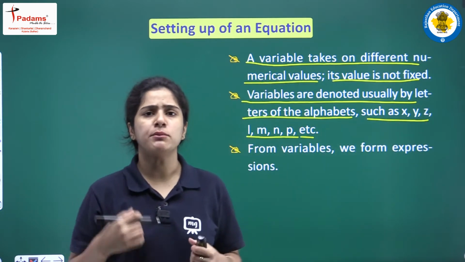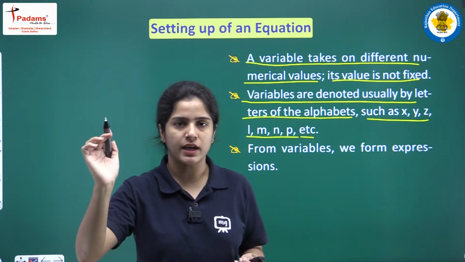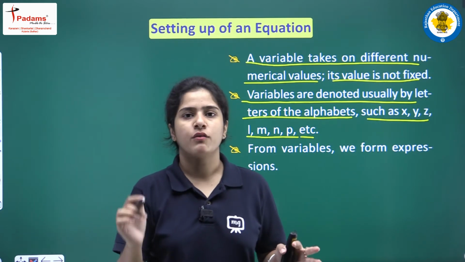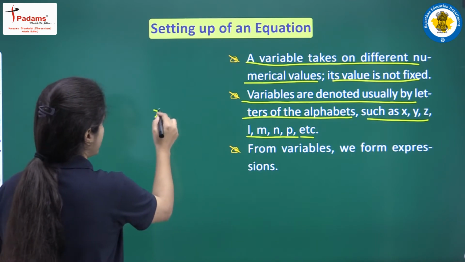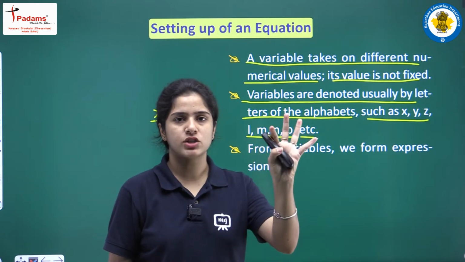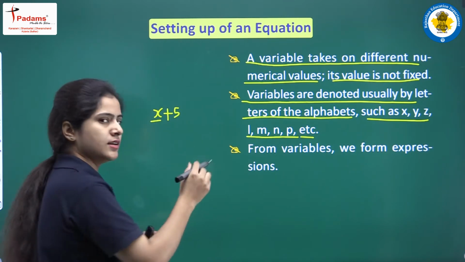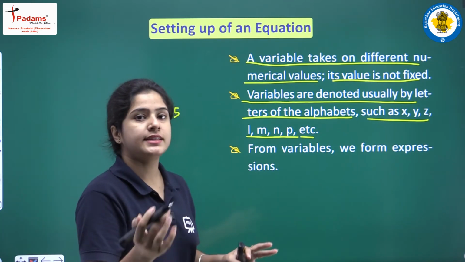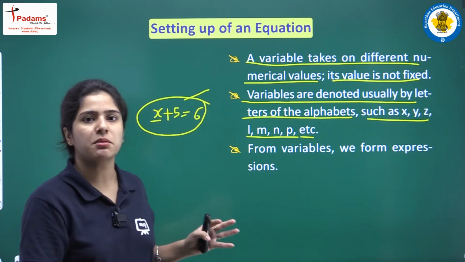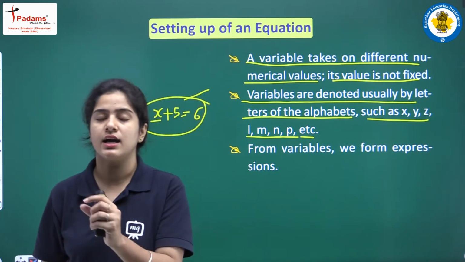Alright, students, when I'm talking about the variable, for example, think of a number in your mind. Okay, you can think 1, you can think 2, 3, 4 and so many numbers. Suppose you have thought of x number, and now I'm telling you, students, whatever number you have just imagined in your mind, just add 5 to it. Okay, then it will be 6. Okay, so this is an equation. In this way you can set up an equation. Okay, any variable and the condition on that variable is the equation, the simple equation.